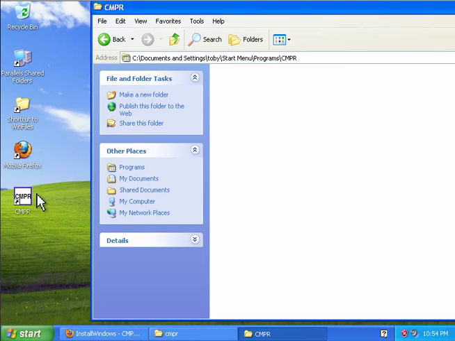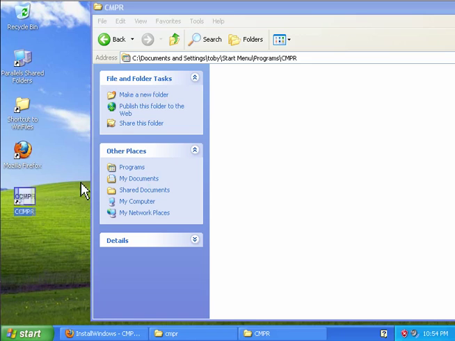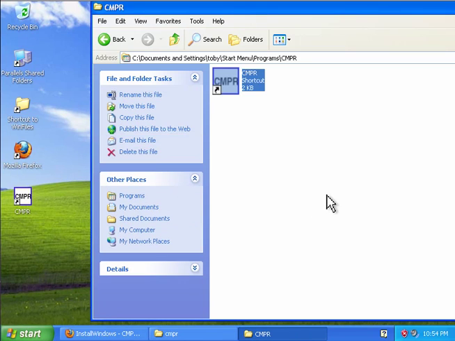And if we bring this over here, that's going to move it off of the desktop, so that's not what we want to do. Let's see, Control C and then Control V, that makes a copy of the